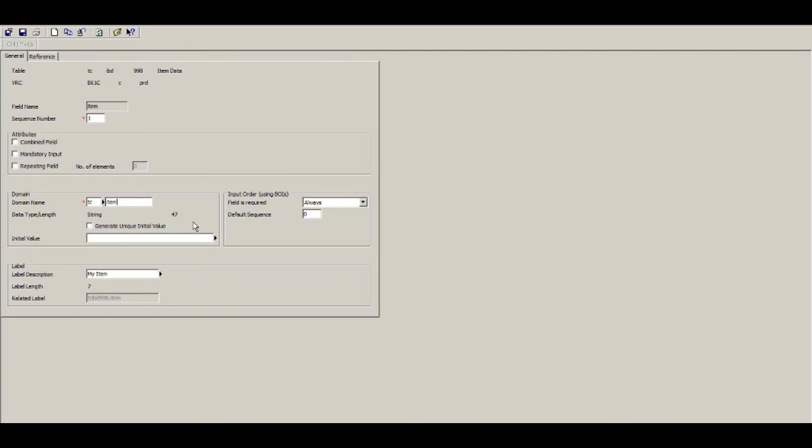Next section is related to BOI, which is business object identifier. So we'll skip this for now. The next is